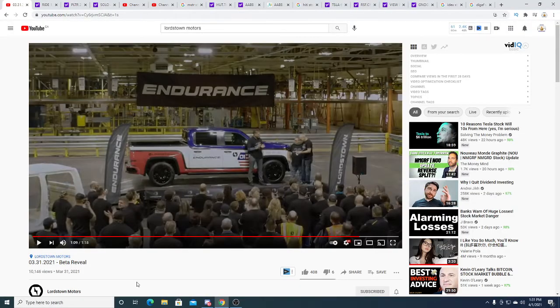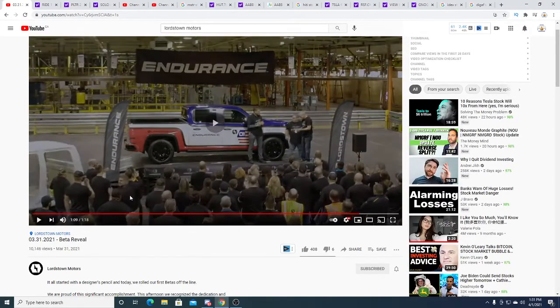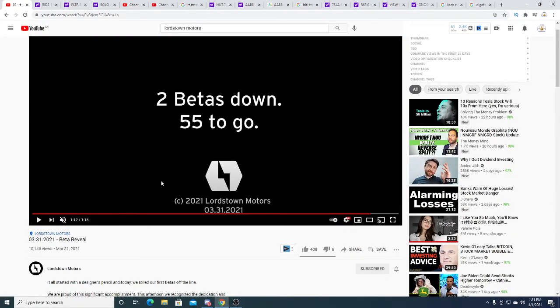Lordstown's beta trucks are in, and according to this, they made 2 beta trucks and they have 55 left to make. And these beta trucks are going to be the test trucks. They are going to use them to test the truck to see if they have no problems. If all these trucks work and function properly, then the ramp will start maybe in October or September or maybe